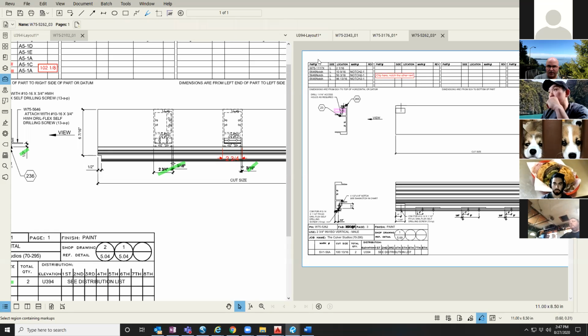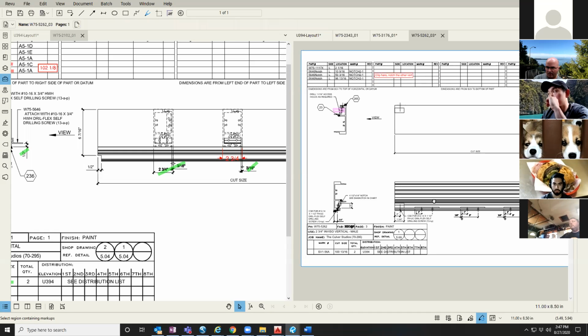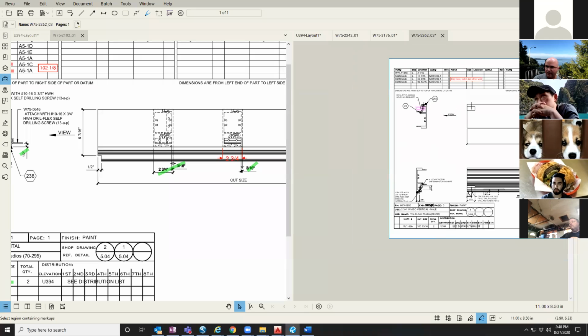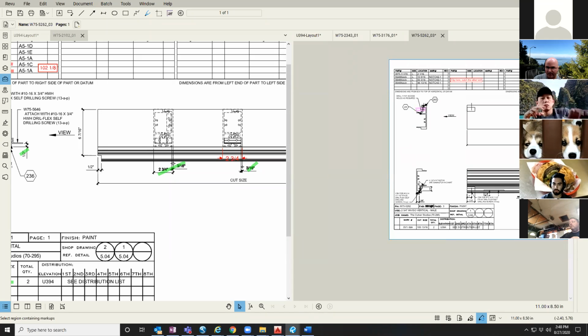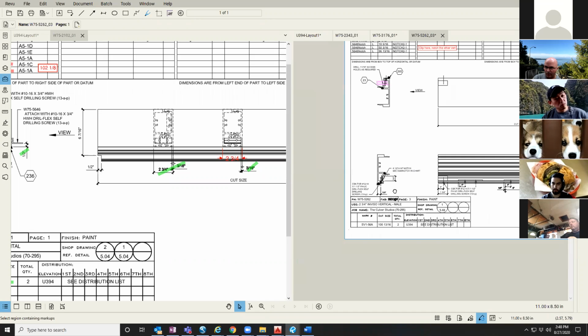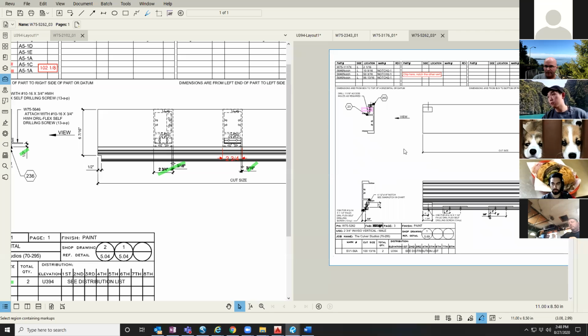Okay, so now back to this. I would verify that these notches worked, the depth of the hole worked, and this still attached to this clip. Remember, this clip is going into this little cavity, so you want to make sure that that screw catches that clip. So we want to verify that that 1 inch down will still hit that angle clip and not miss it. And it does. This is the standard notch, 1 3/4 down, and then the 1 inch for where the hole goes. So the notching parts look pretty normal, but again, we wanted to flip that over compared to how